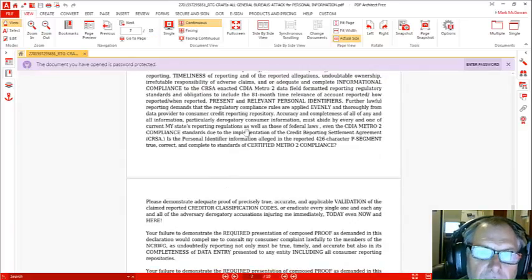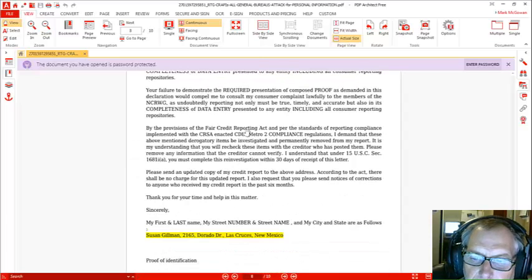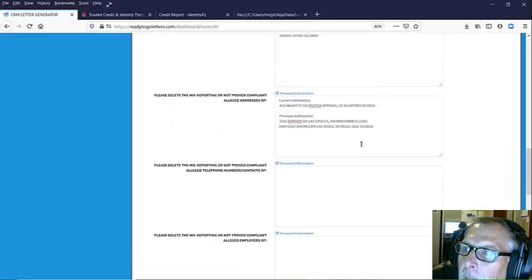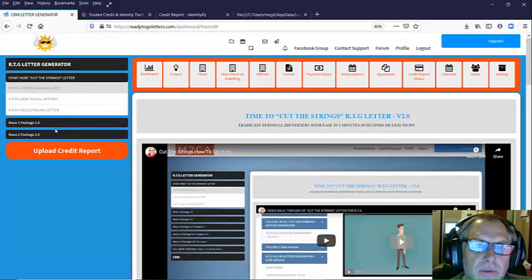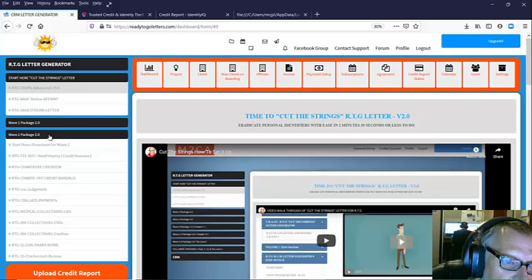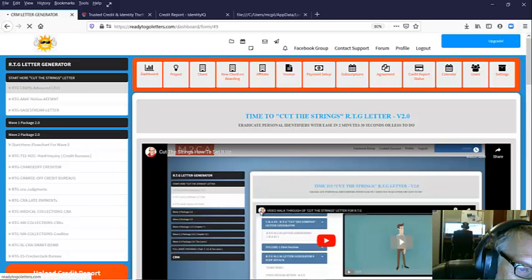And you can see that letter has 10 pages. And I'm not going to go any further than that because that's got her identification. But anyways, that's what it is. It puts that in there. And so if I wanted to go down here and talk about if there was any collections,